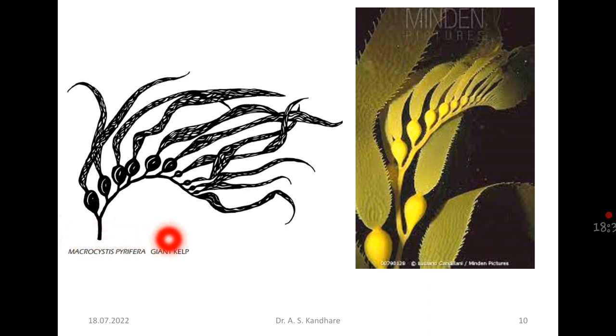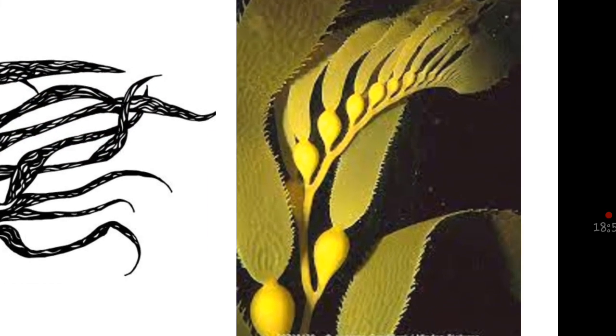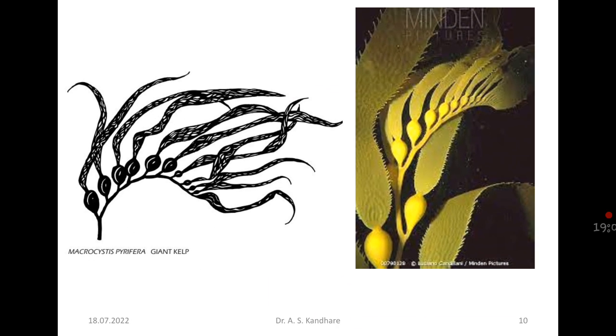Macrocystis pyrifera, giant kelp. So you can see this figure and this is photograph, isn't it? इस प्रकार की इसकी अरेंजमेंट होती है। यहाँ पे ये एयर ब्लैडर्स हैं और ये ब्लेड है जिसे हम लैमिना कहते हैं या सेकेंडरी लैटरल भी कहते हैं, isn't it? And this is actual photograph. So here you can see air bladder, this is lamina with the serrate margin, isn't it? Air bladder. So this is the ब्राउन एल्गी। ये बहुत बड़ा होता है, इतना बड़ा हो जाता है इसका थैलस।